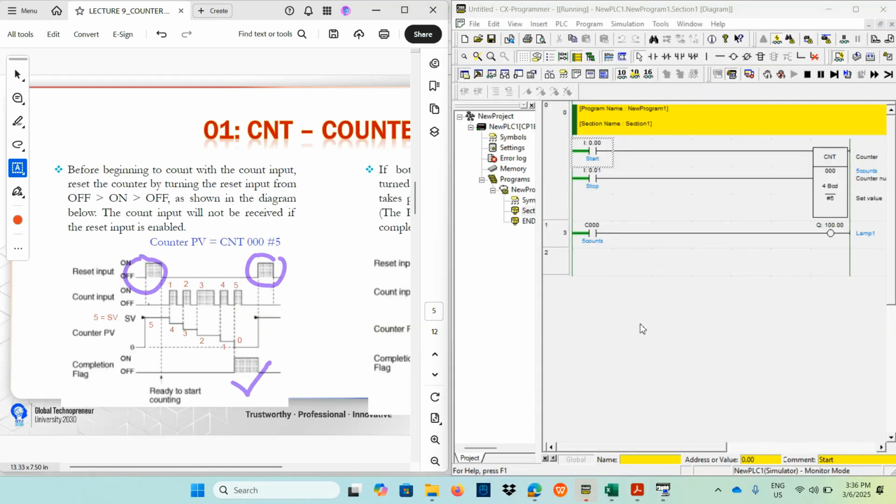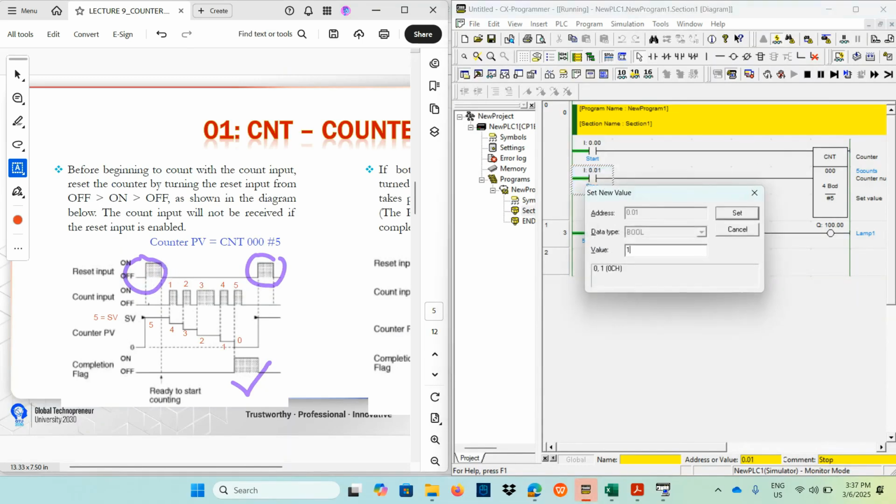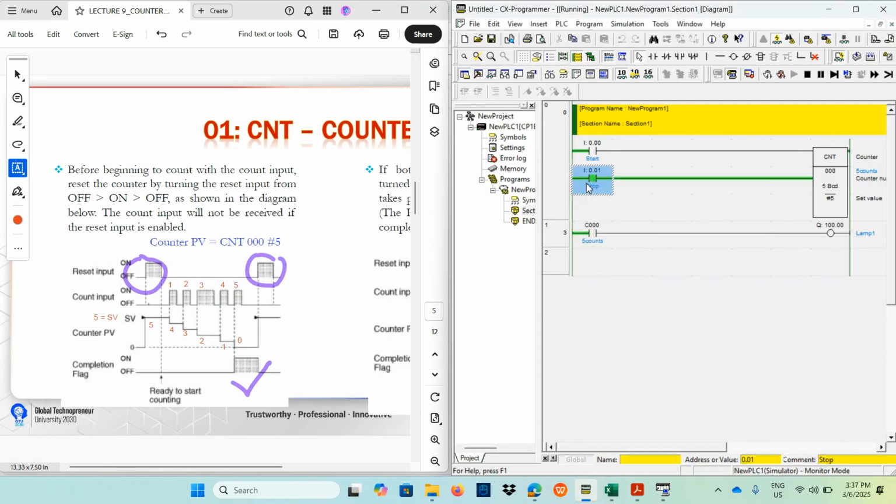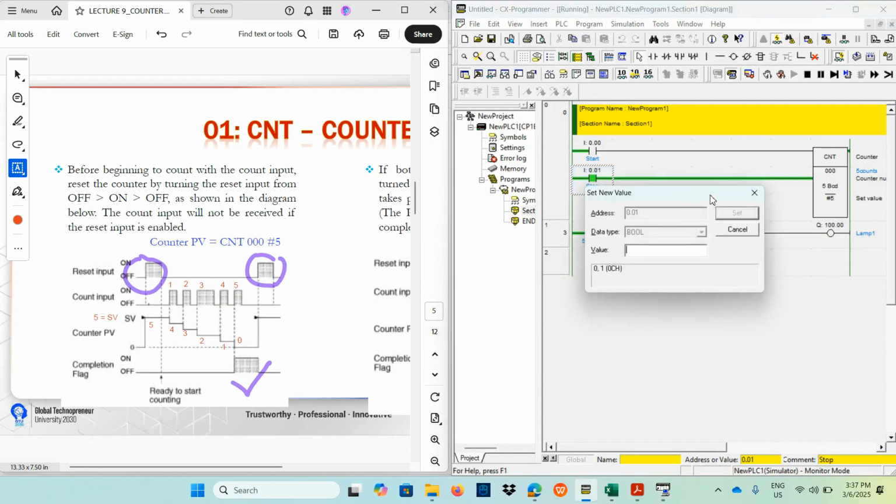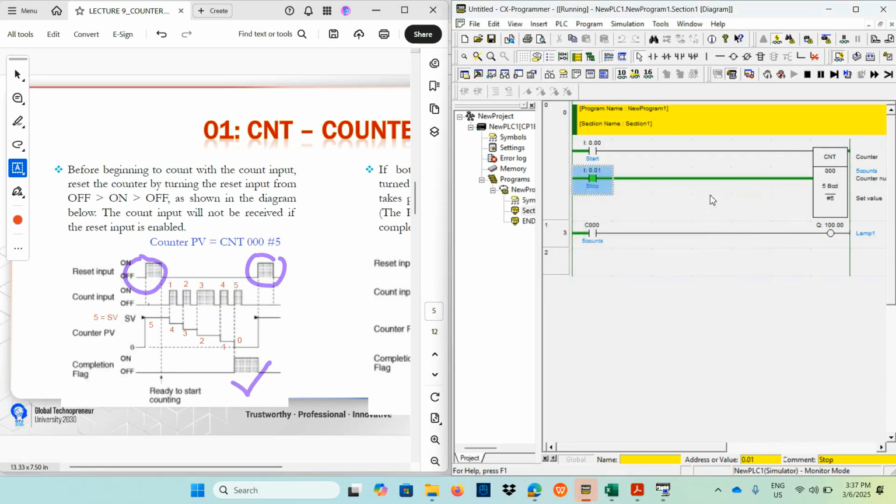Okay, let's do the simulation for this condition. The first thing is we need to trigger the reset input. By triggering the reset input, counter PV will be dominant off or dominant reset. So it will show the BCD value as the set value number. Then we release the stop push button, and then we trigger 1, 2, 3, 4 and 5